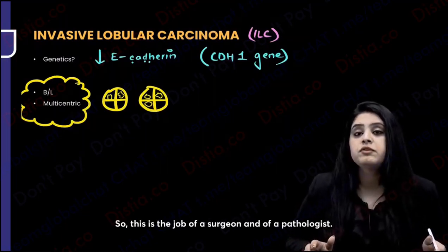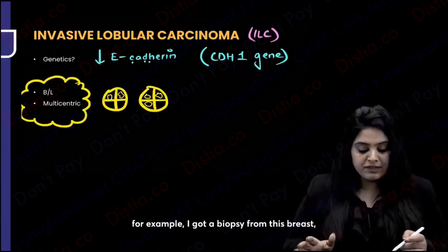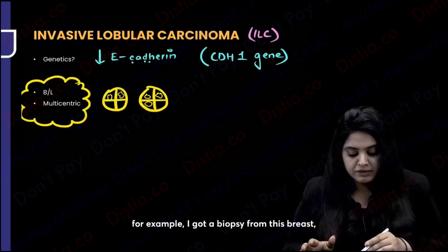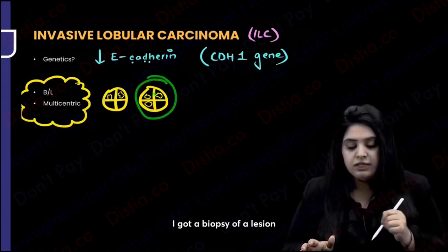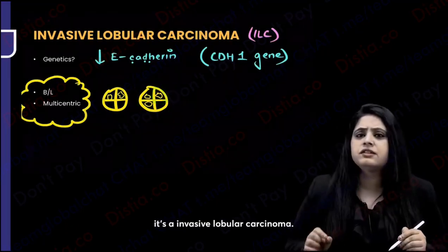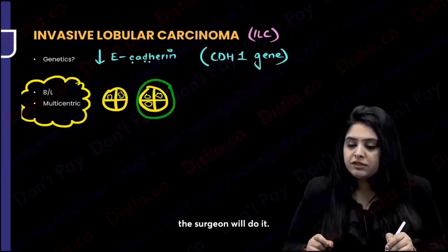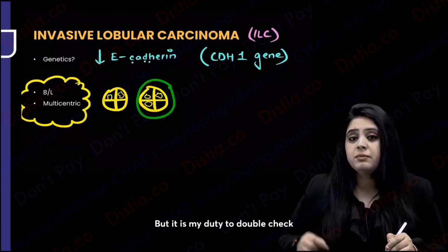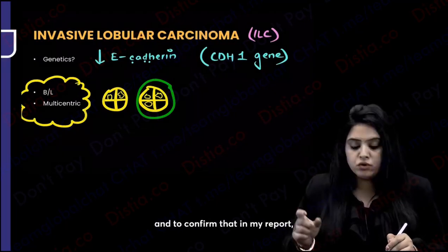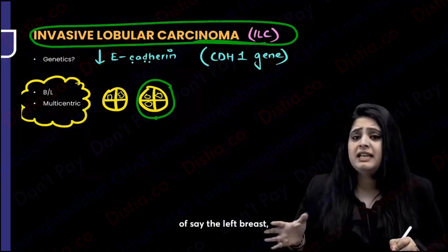So this is the job of a surgeon and of a pathologist. Whenever I write my report, for example, I got a biopsy of a lesion from this breast, and in this true cut biopsy, I realized it's an invasive lobular carcinoma. So it is my duty, although I know the surgeon will do it, to double check and to confirm that in my report, when I write invasive lobular carcinoma of, say, the left breast,